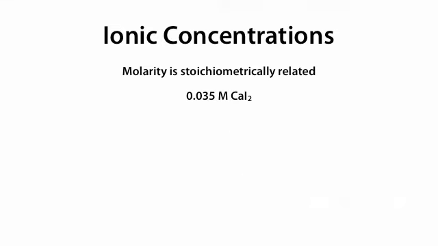Let's look at if we had 0.035 molar CaI2. CaI2 is made from Ca2+ and 2 ions of I-. What is the molarity of Ca2+? Since there is 1 mole of Ca2+ per mole of CaI2, we say the molarity of Ca2+ is the same as the molarity of CaI2,